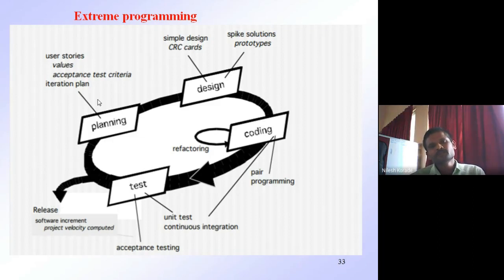So within 1 week, he is able to write and test the source code for that login functionality. So initially your user is writing a story and assigning some value based on his business need. After getting that story, your developer is assigning a value based on the development time required to develop that story. If the story is too large,